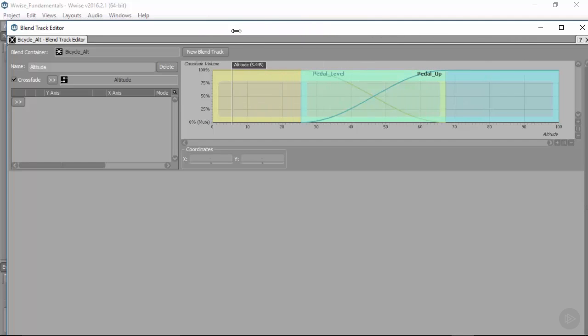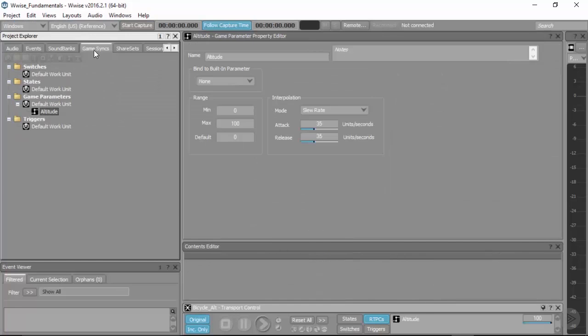However, we can have the game set us a hard value, such as moving directly from 0 to 100, and we will still have this smooth crossfade happen over time, because we have in the game sync section here, in the altitude game parameter, slew rate is activated. We have slew rate set to 35 units a second, which means that it will take 3 seconds to go